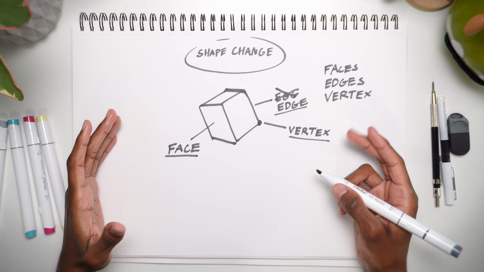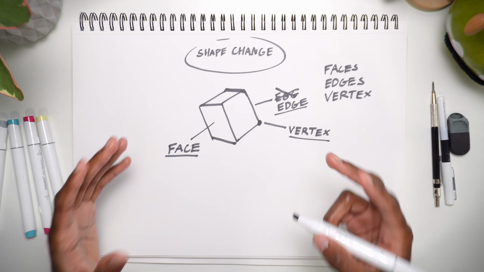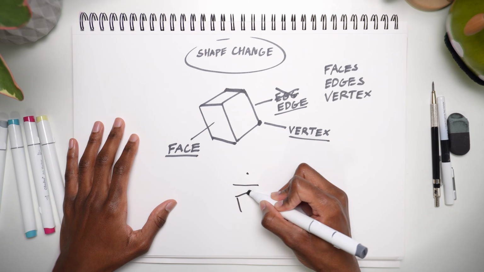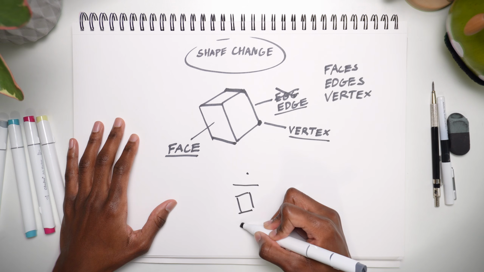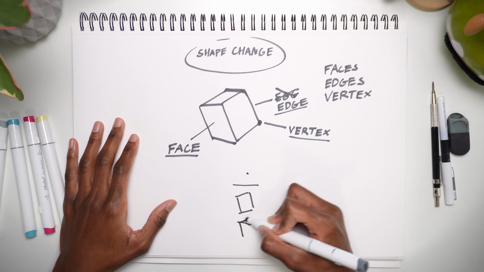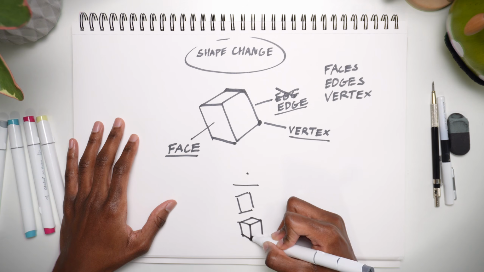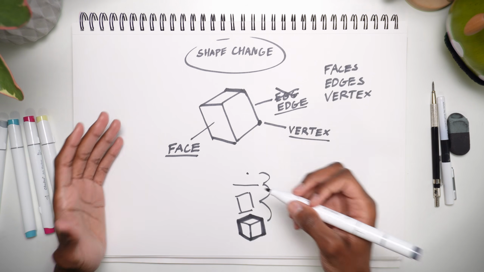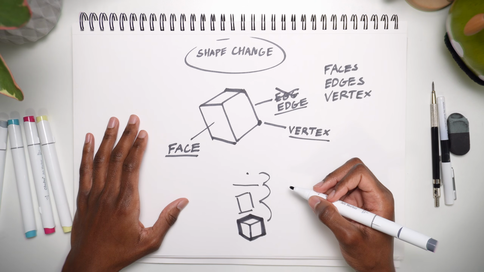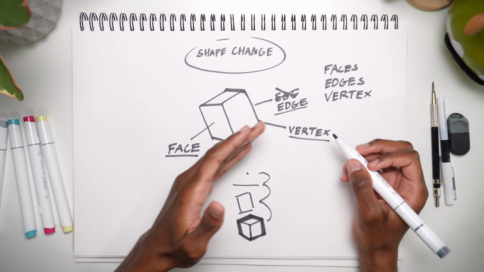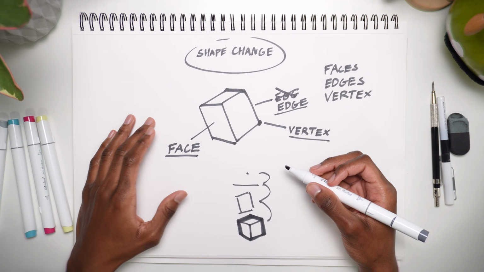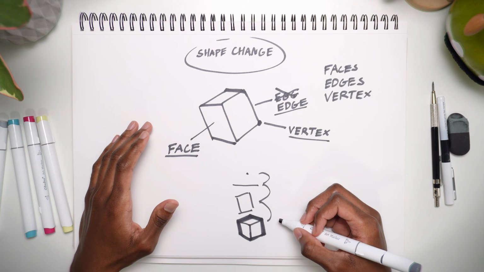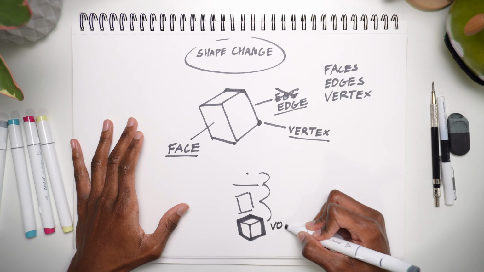Now, if you remember from the previous drawing class, we have four types of shapes: points, lengths, areas, and volumes. The reason we use the lower resolution shapes to build the higher resolution shapes is because a zero-dimensional point is simply a vertex. A one-dimensional shape is an edge, and a two-dimensional shape is a face. Combine all these together and you get a volume.